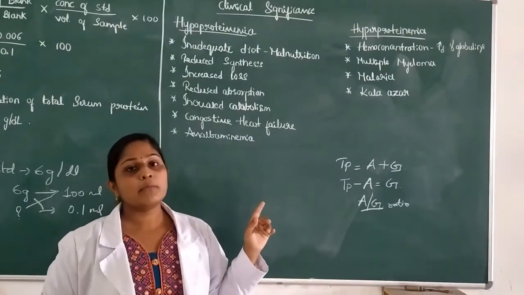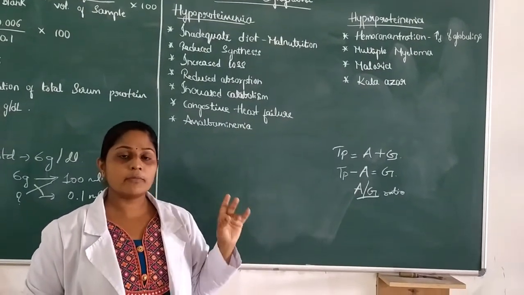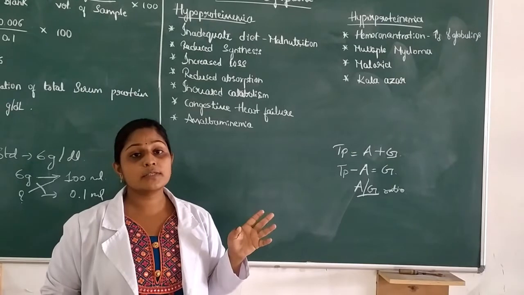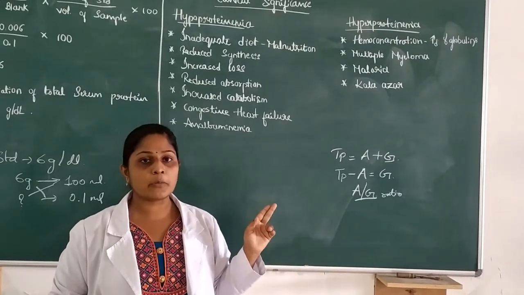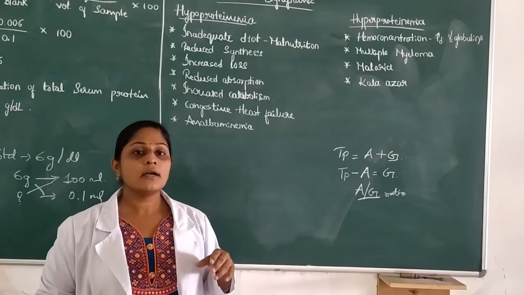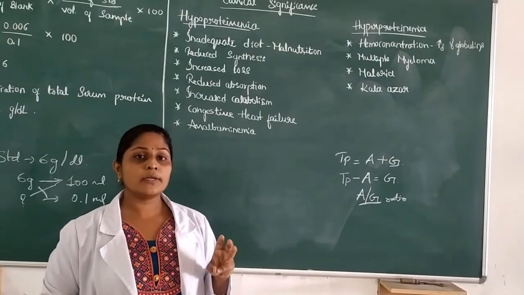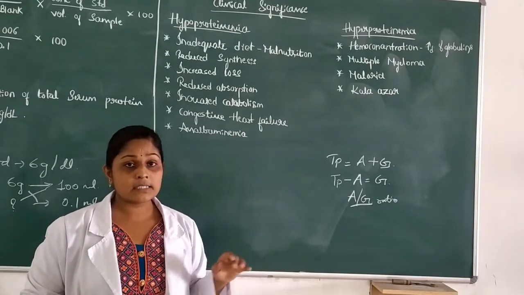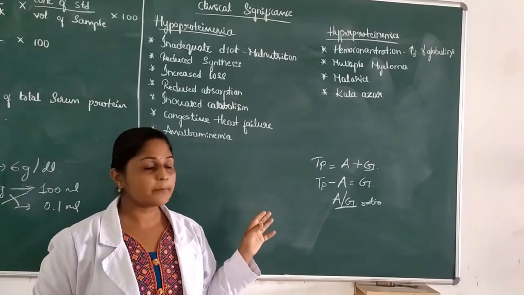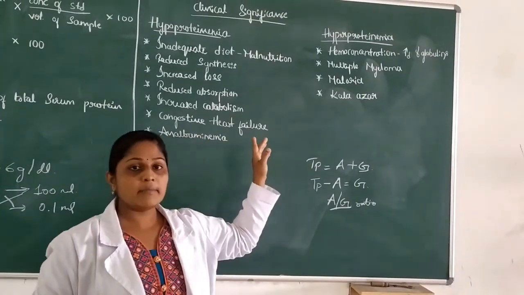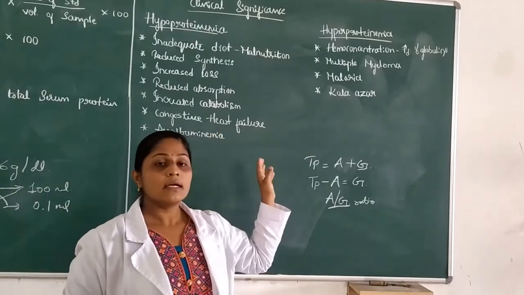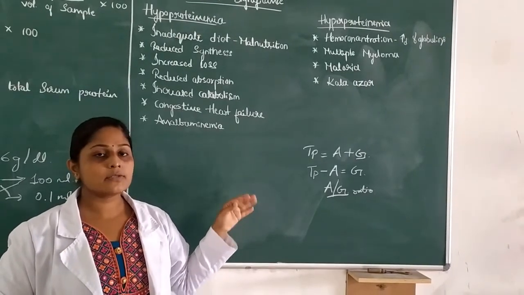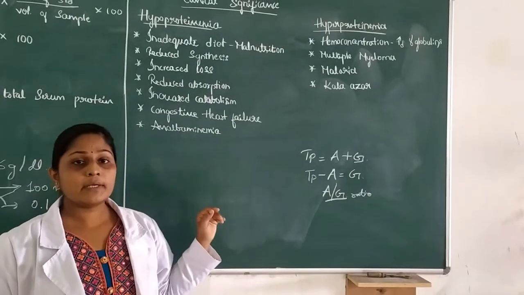So in multiple myeloma, gamma globulins will be high. There will be formation of an M band, an extra band. When their concentration increases, the Bence-Jones proteins appear. That is a main feature of multiple myeloma. Bence-Jones protein will get excreted in urine. Presence of Bence-Jones protein in urine, proteinuria, and appearance of an M band in electrophoresis are all characteristic features of multiple myeloma. And in malaria, it will be increased. And Kala Azar, also called black fever, caused by parasites, a parasitic infection. In this condition also there will be hyperproteinemia.